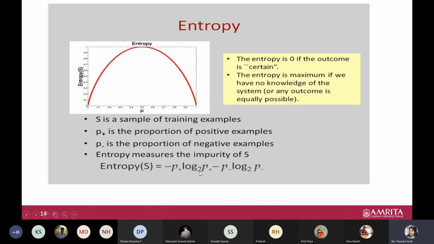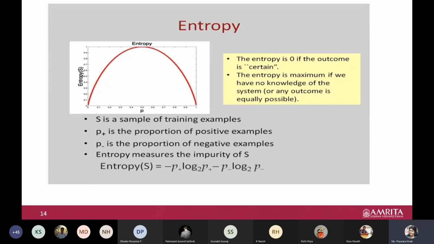Can we substitute here in this formula and check? If you get confused about how to remember, what you can think is when all samples are belonging to the same class, it is very obvious. There is no uncertainty or confusion or disorder, isn't it? If you take one group and all are CSE students, there is no confusion in that. All are in CSE only. So then we say entropy is 0. Maybe all are belonging to positive class or all are belonging to negative class. Either of these cases, we say entropy is 0.